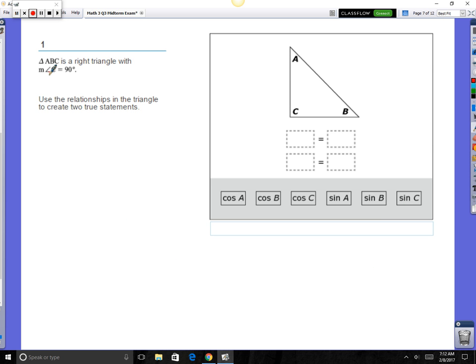Triangle ABC is a right triangle, and C is 90. So angle C right here is a 90 degree. So use the relationships in the triangle to create two true statements. So I'm going to copy and paste this triangle. So if I got CAB, now for fun, let's make some